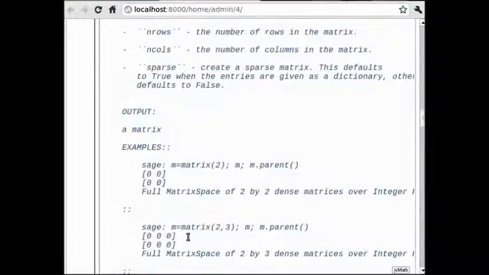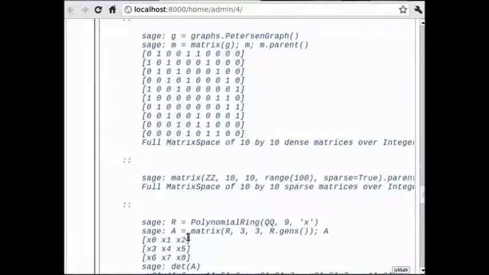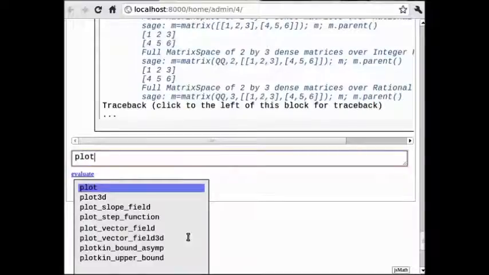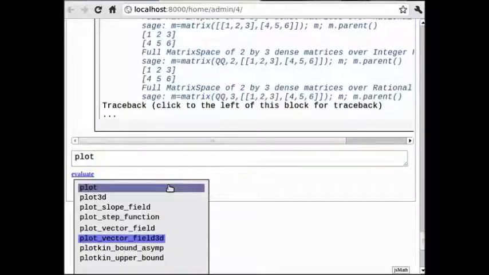Sage Notebook also provides the feature for auto-completion. To auto-complete a command, type first few unique characters and hit tab. So you can type PLO, then tab. To list all the methods that are available for a certain variable or a data type, we can use the variable name followed by the dot to access the methods available on it.